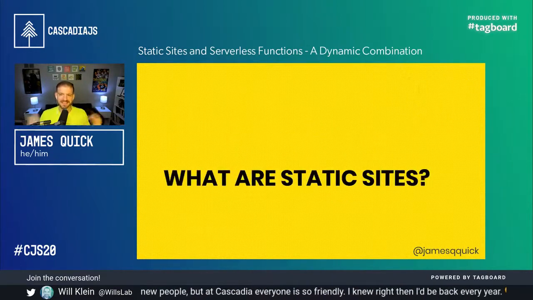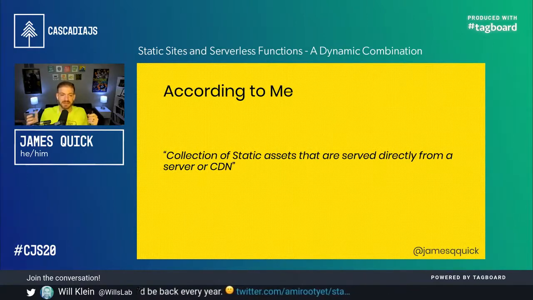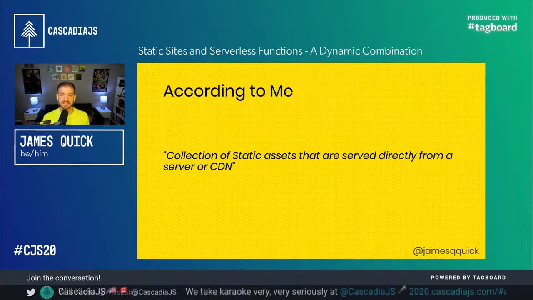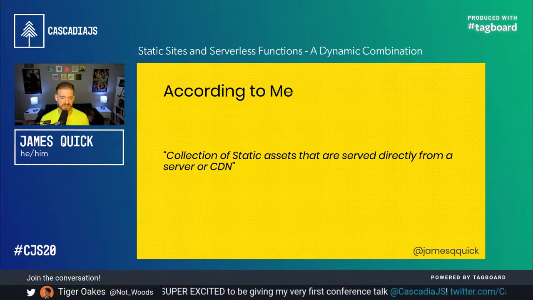So this is a quick presentation. Most of it's going to be demo, but really quickly, when we define what static sites are, I've usually got some extra background, but to me, the simple definition of a static site is basically just a collection of static assets that are served from a server or a CDN. And what this means is, as a user, when you make a request to a website, instead of there being a dynamic real-time generation of HTML where you go and interact with a database and send that web page back, all of that stuff is already there and it just gets sent directly to the browser without any real-time compilation or dynamic generation of that HTML.